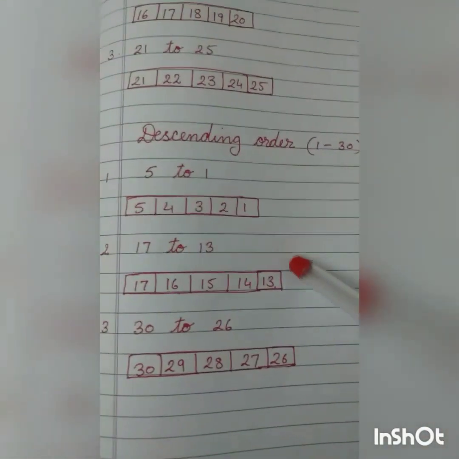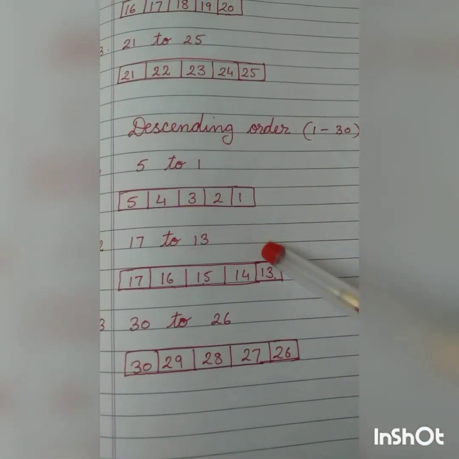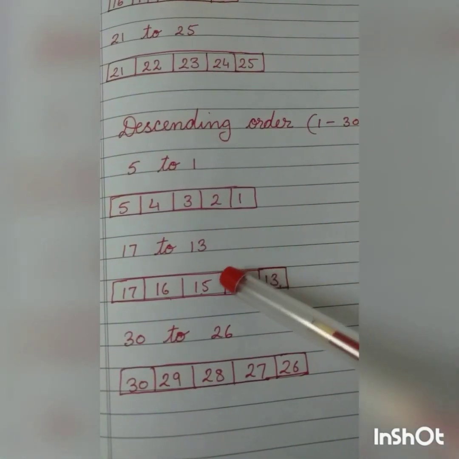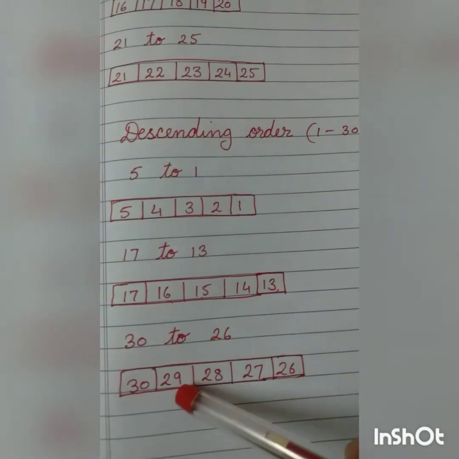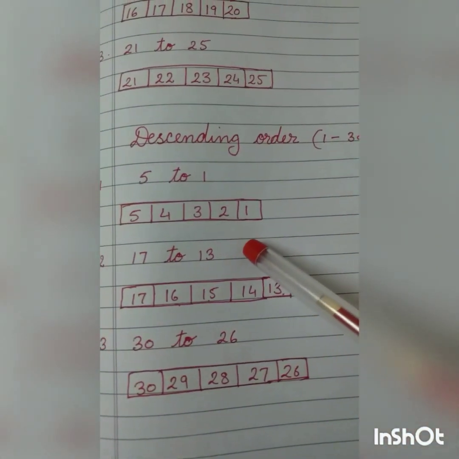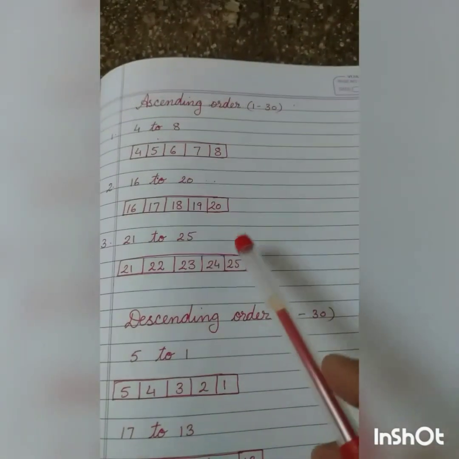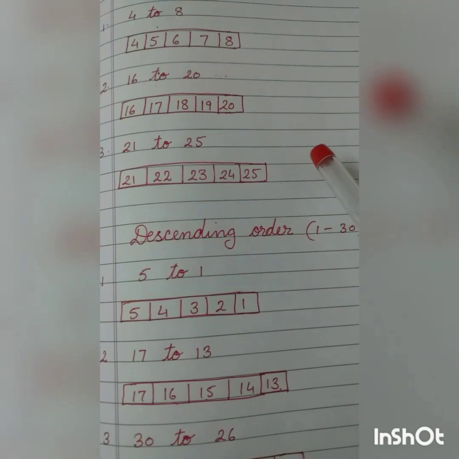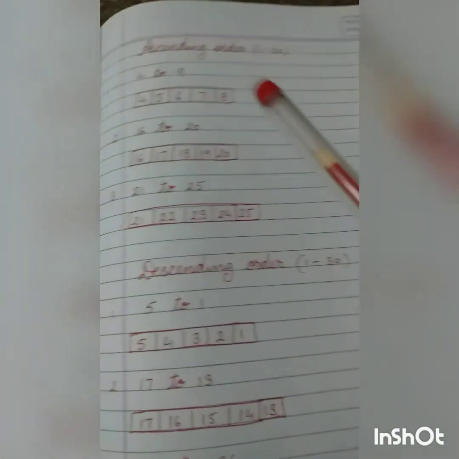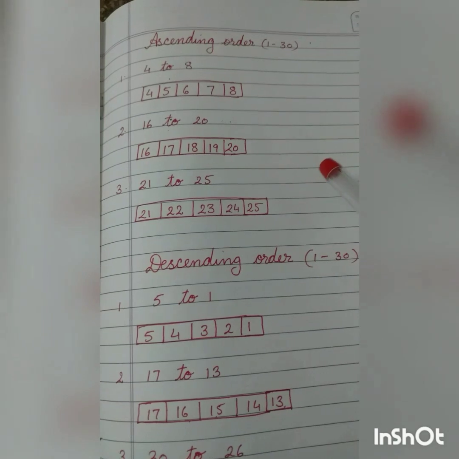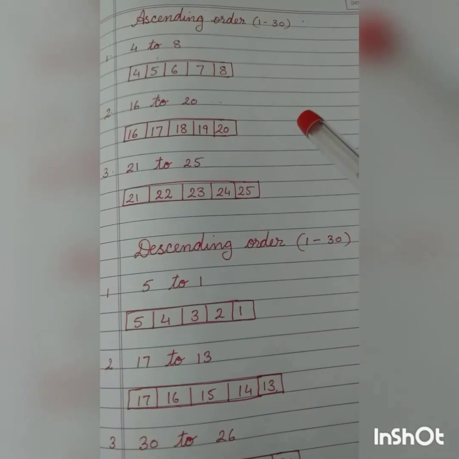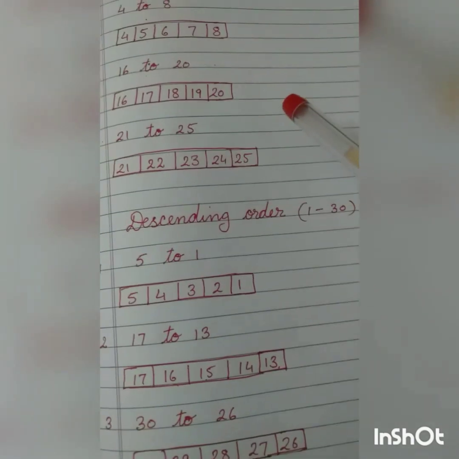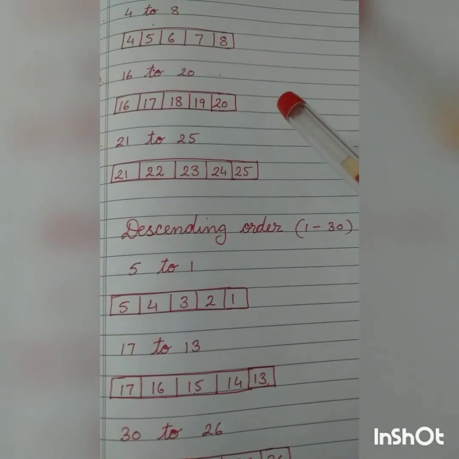So you understood, children? Descending order means we have to move in a backward direction, move in a reverse direction, that is only backward counting. Ascending order is forward counting. It is very simple. I know. Once you practice doing this sum, you will learn it very easily because you know forward counting as well as backward counting. So, thank you.